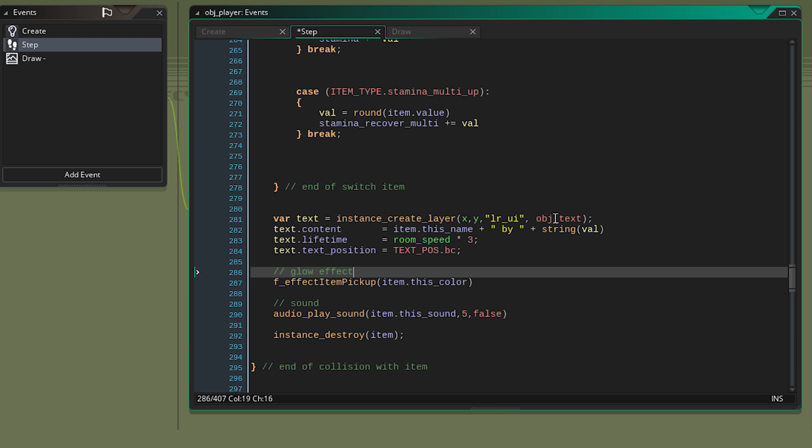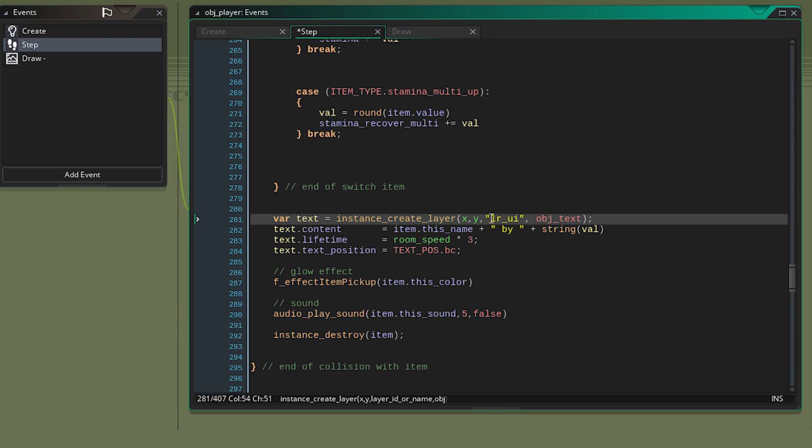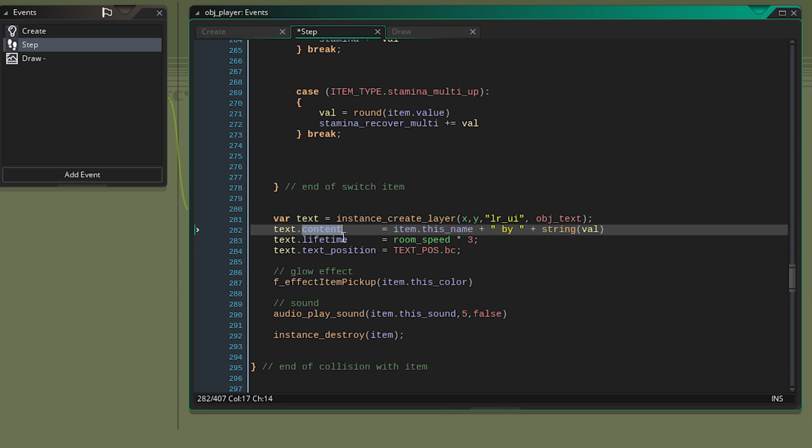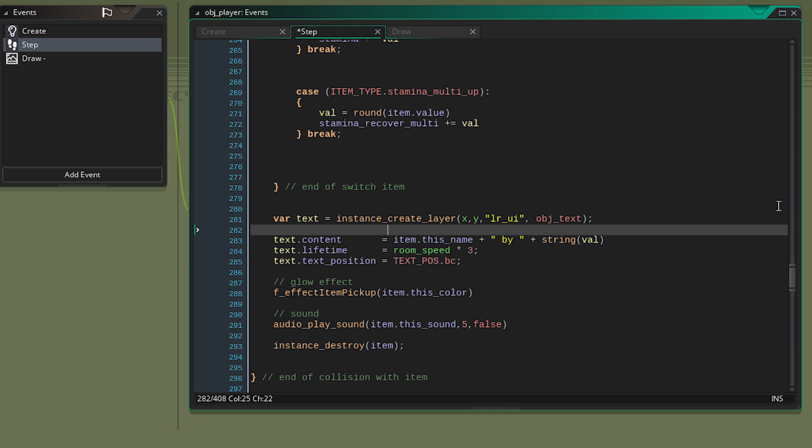Okay, so we create here an object text on the layer UI, just like before in the game control object, when we say game over or you won. The content is the string that's going to be displayed: the item's name, by, string value. Each item has a name and a value. Essentially, if you pick up a max health item, its name is max health, and then it would read max health, and now we just